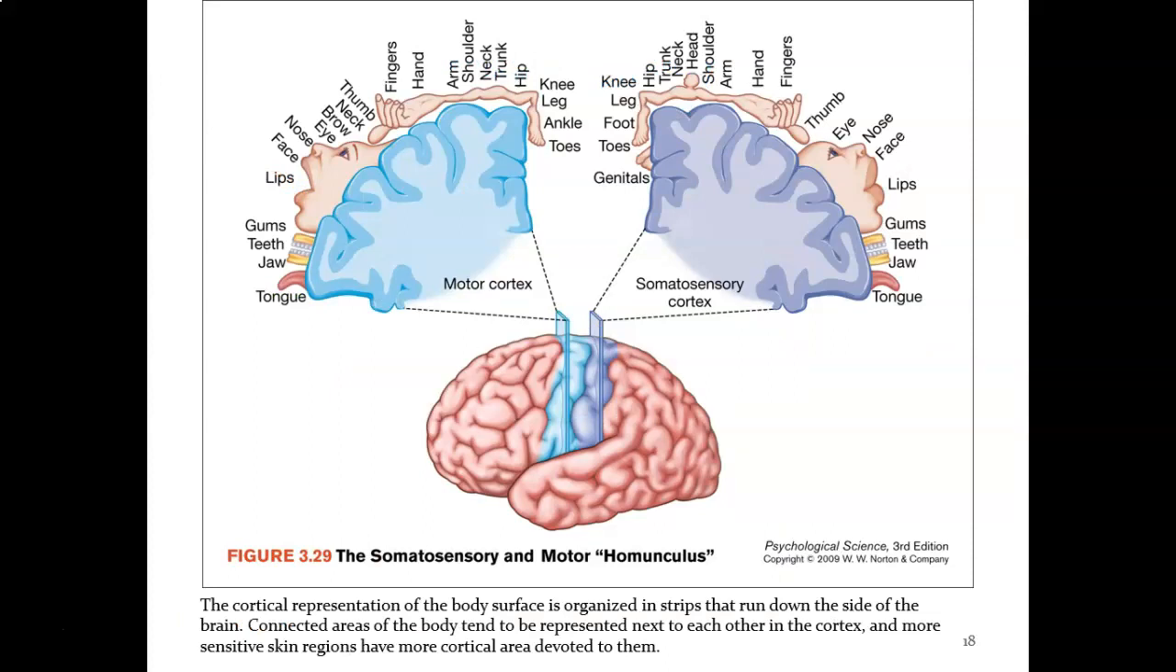Now there's something called the somatosensory and motor homunculus. And this is one of the reasons the two cortexes are against each other, because sensation and movement are correlated. Whenever you have a sensory experience, it often results in some kind of movement. So on each of these cortexes, you'll see that the amount of tissue dedicated to a specific area of the body